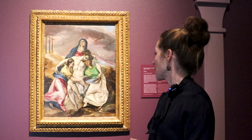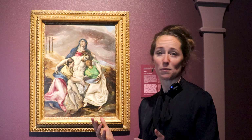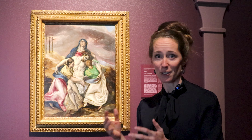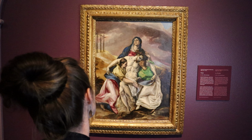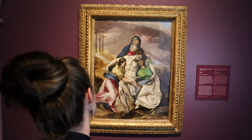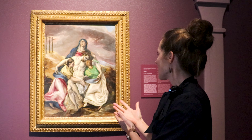He was born in 1541, was trained in Byzantine iconography, and then moved to Venice, where he became trained in and acquainted with high Renaissance masters and the nascent Mannerist movement. He is so distinctive in part because he's hard to categorize. You can usually spot an El Greco a mile away, even when it's early on in his career, like this